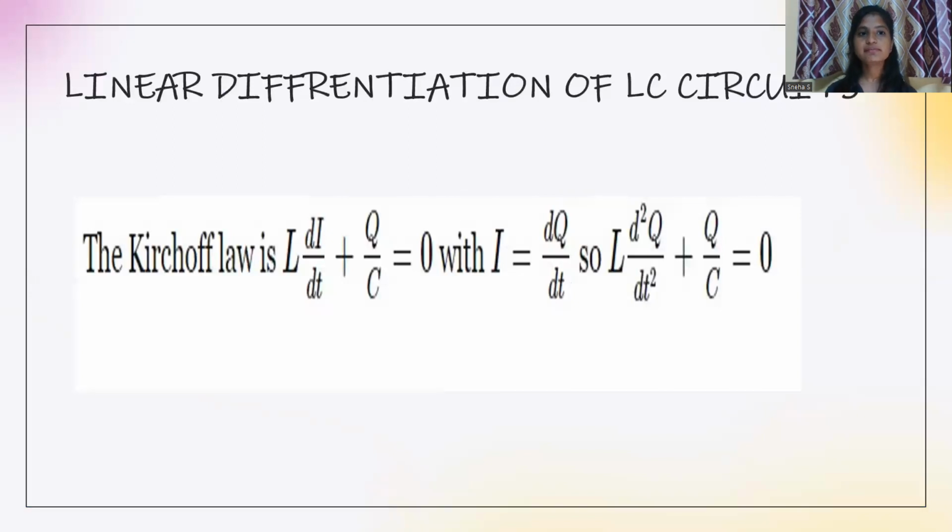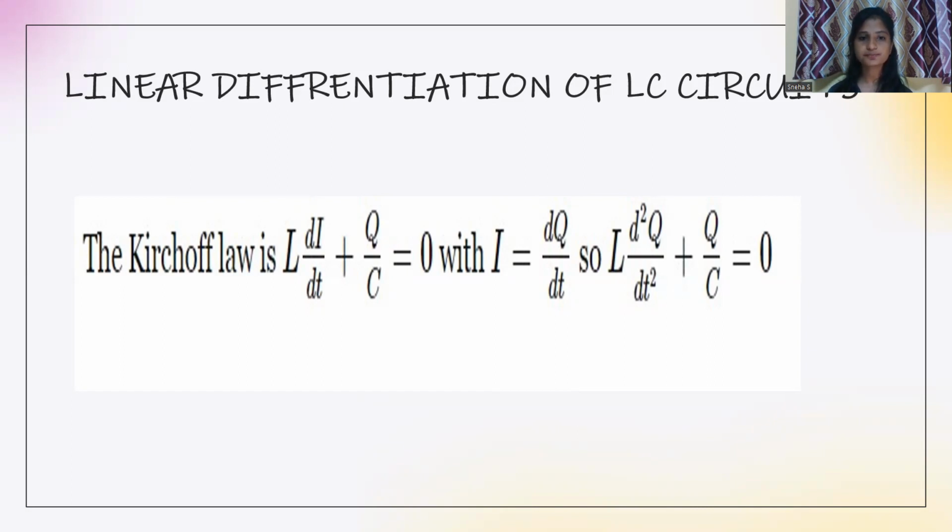Now let us see the linear differential equation of an LC circuit. It is given by Kirchhoff's laws. The first law states that the current entering a junction is equal to the sum of the current leaving it. The second law of Kirchhoff is that the sum of voltages, that is potential differences, is always equal to 0. Here is the equation of the LC circuit, which is L into di by dt plus q by C